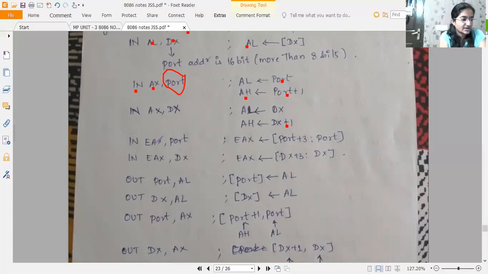Then you have IN EAX, port. Now what is this EAX? EAX is a 32-bit register. This EAX can exist along with the AX, BX, CX or DX registers. This is there in the link that I have given. Now the AX register is 16-bit. This can be split into two 8-bit registers, AL and AH.